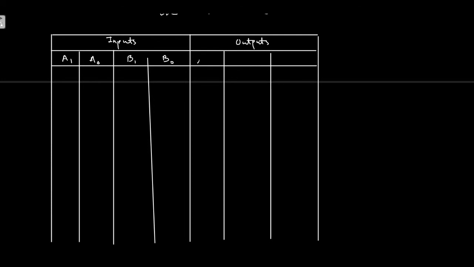For the output: A is greater than B, A is equal to B, and A is less than B. Now since this is 2-bit, the total bits for the inputs are 4. So for this we consider